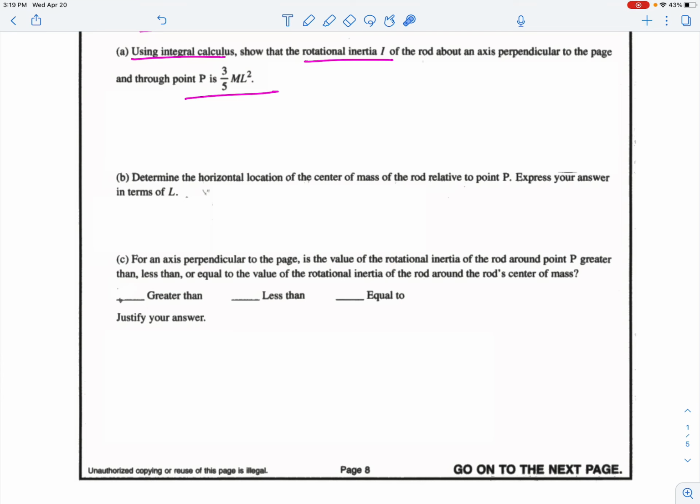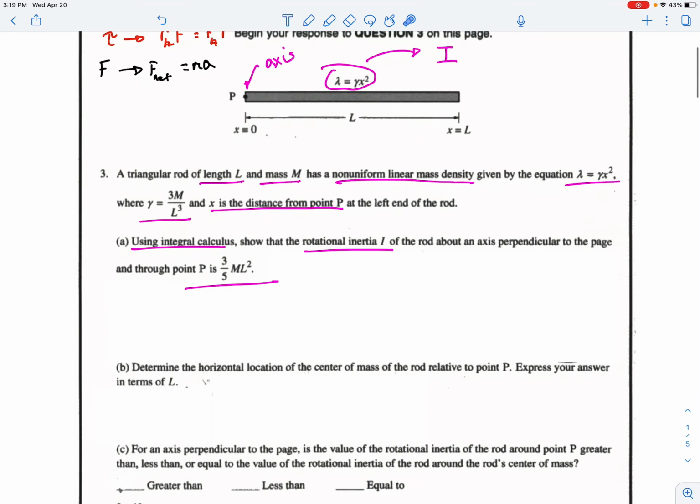Oh, that's easy. You should understand that for rotational inertia, the moment of inertia, what they're asking is if it's here or in the middle, which one is greater? Your brain should tell you that in the middle is going to be less, because the weight is spread out less from the axis of rotation. At the end, it will be more because the mass is spread out more from the axis of rotation. So whenever the mass of something is farther away from the axis of rotation, its moment of inertia goes up.